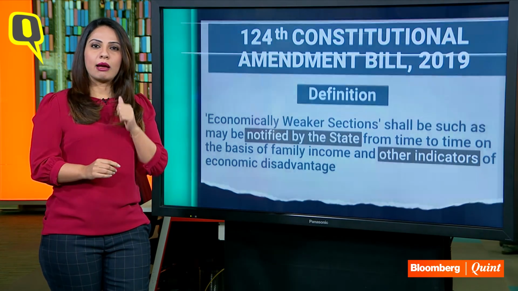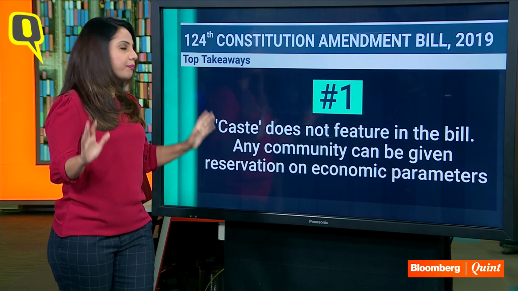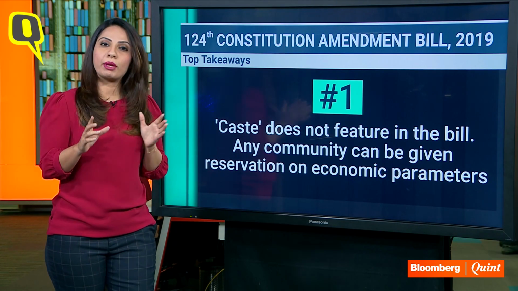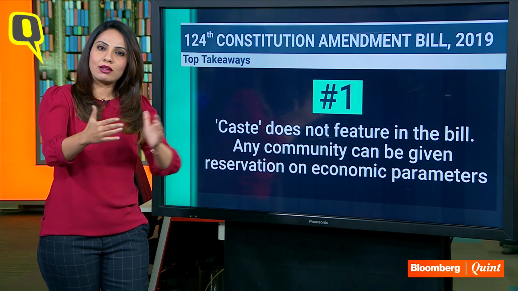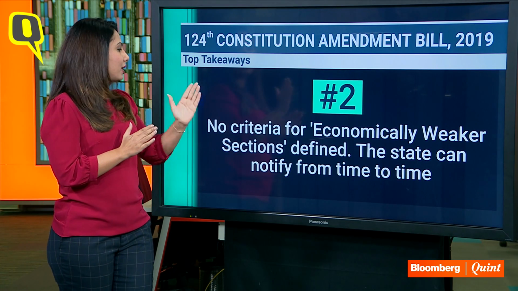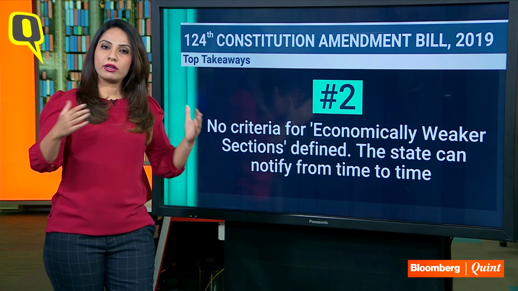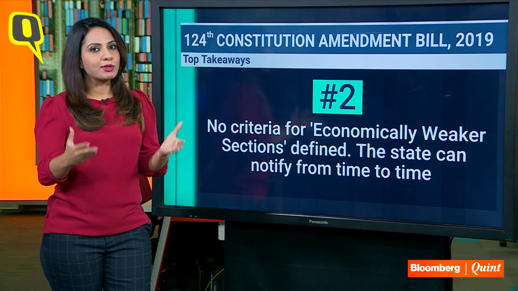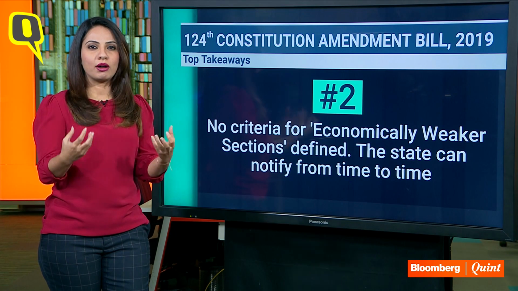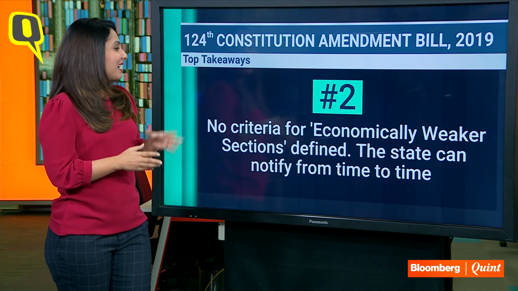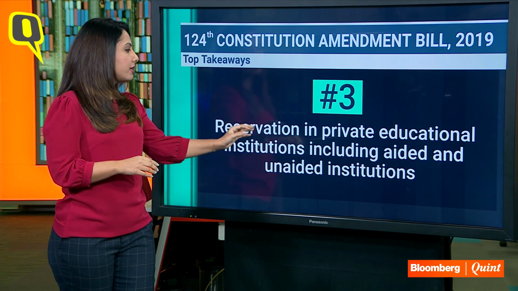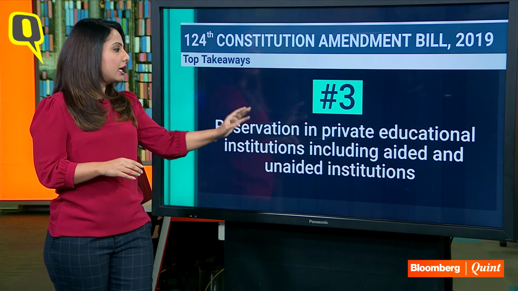So to recap, number one, caste does not feature in the bill. So these are the important highlights. So any community can be given reservation on economic parameters, excluding those that are already reserved. Secondly, there is no criteria for economically weaker sections defined. It's broad enough to leave it to individual states. Perhaps one of the reasons why even opposition parties cannot find the words to say they do not support this bill. Number three, which is another important one, reservation in private educational institutions has also been included, and this is